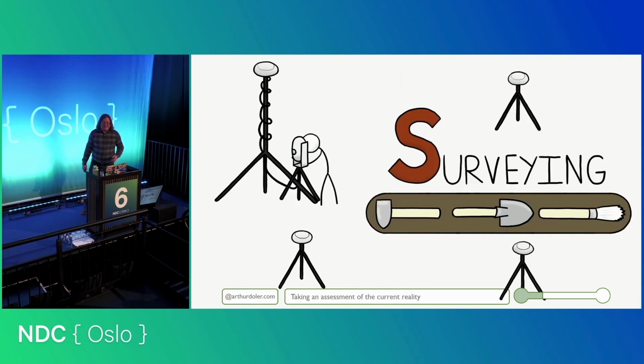Once you have the mindsets in your head, we can move on to surveying. Because the odds are you're not doing this just for fun. You're doing this because you want to change the system. Right? Because somebody has told you, hey, this needs to work, or it doesn't now and it does need to work, or this thing needs to behave differently. If you're going to change the code, it helps to start with, where's the code at now?